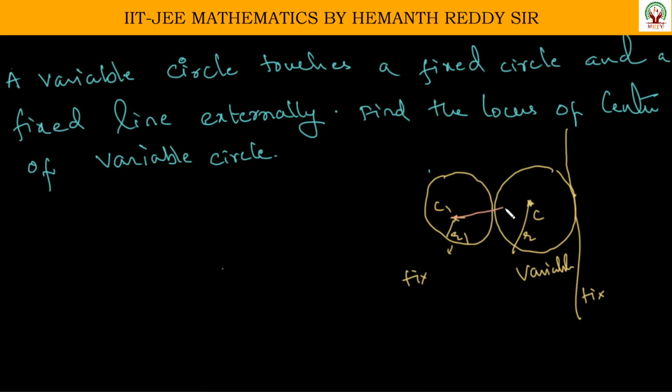Obviously, this is R, this is R1, this is R. So C1C is equal to R plus R1 because two circles are touching externally. So distance C1C2 is equal to R1 plus R2. The same idea, C1C is R plus R1. Now this distance is R. Now what I do is, I take a new idea. There may be different ways of solving this question, but this is purely my idea of doing this. Listen.